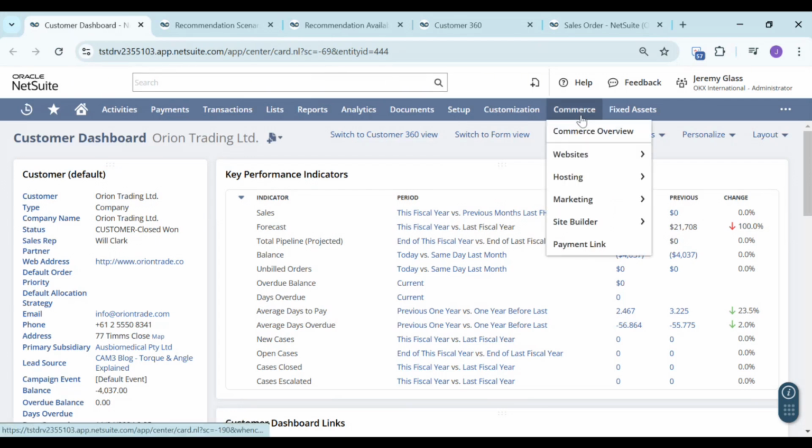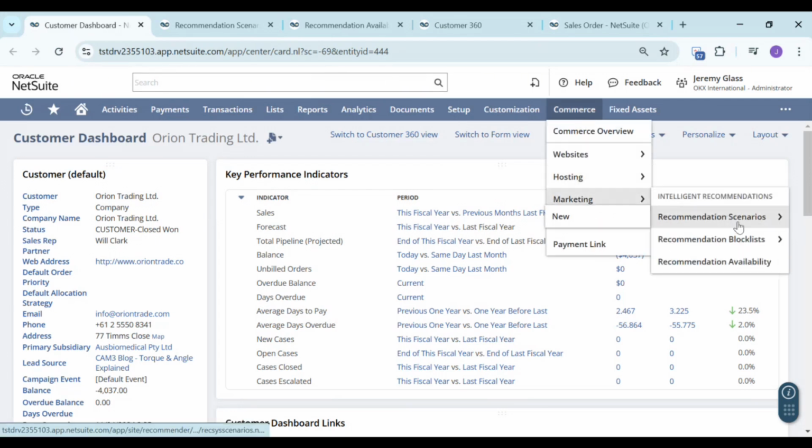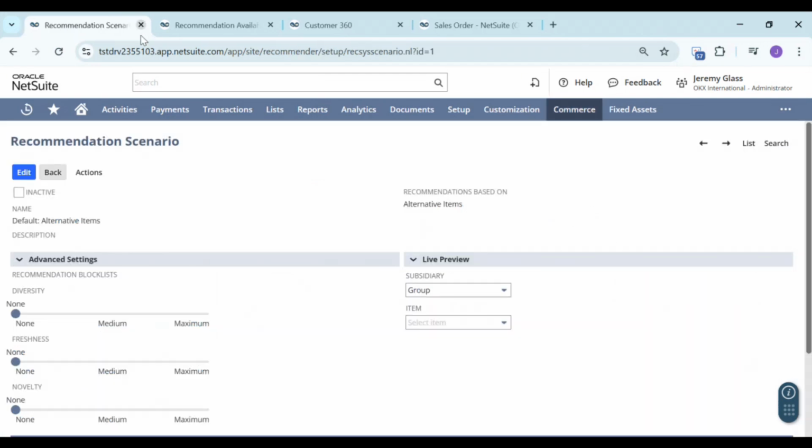If we go to Commerce Marketing, there are three options here: recommendation scenarios, by which we can create scenarios that the AI will follow as a set of criteria; blacklist items that we don't want the AI to recommend; and the recommendation availability based on the scenarios that we have created. So let me go now to the recommendation scenario where we can set up the recommendation base.